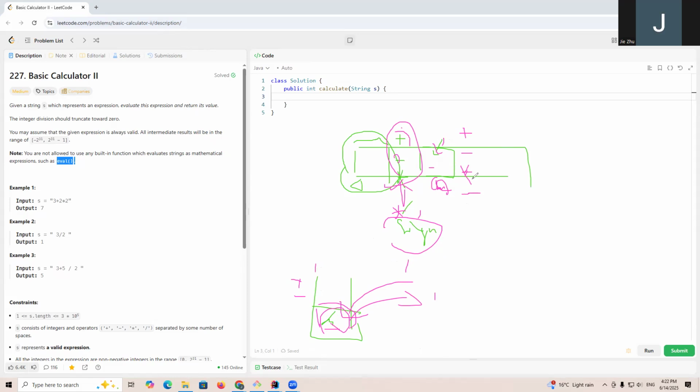In the end, we have all of these values pushed to the stack, and then we sum them up. Doing it like this, the time complexity is O(n), but the space is O(n) as well. But when we observe this kind of question, we find that if we meet a new sign, and the previous sign is plus or minus,